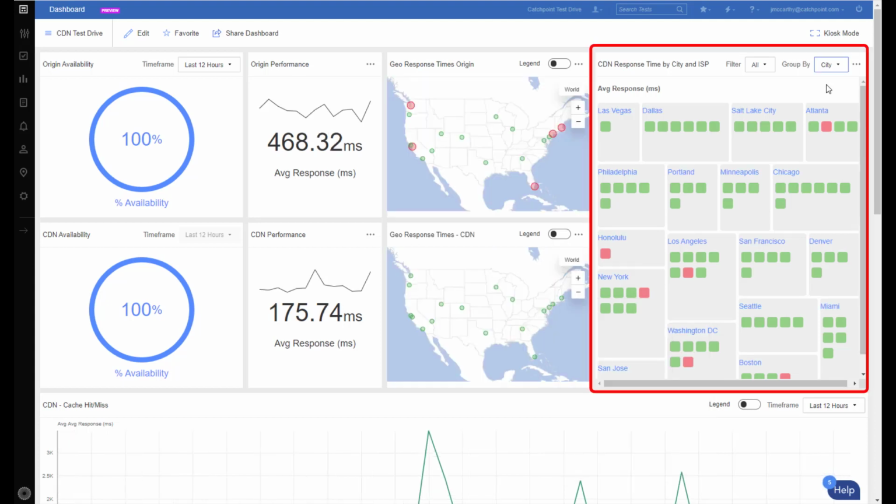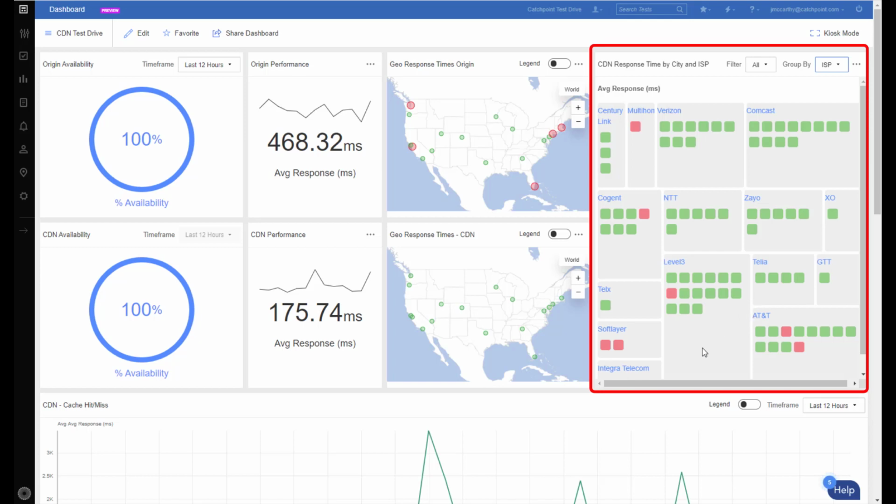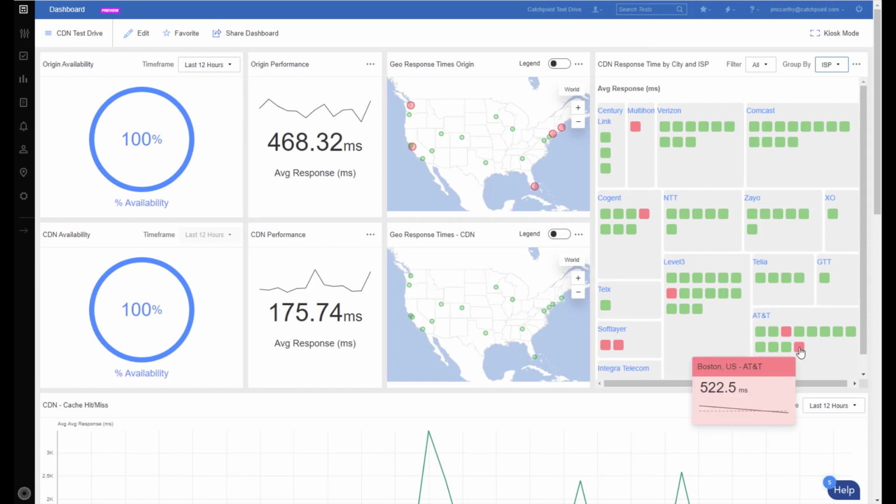And this next view provides the average response for specifically the CDN Cache Performance. Here we're viewing by city, but you can also group by country and continent if you're a global entity, and also ISP. So if I click on ISP, it converts all the boxes to the ISPs around the United States. And here we can see AT&T has a couple of red boxes. If I just put my cursor over them, you see Boston's having an issue and Los Angeles. So quickly identify where the hotspots are. If I go back to city,